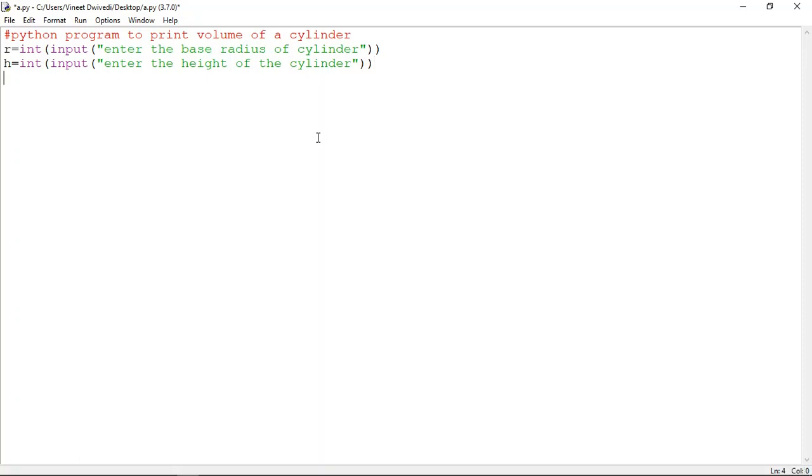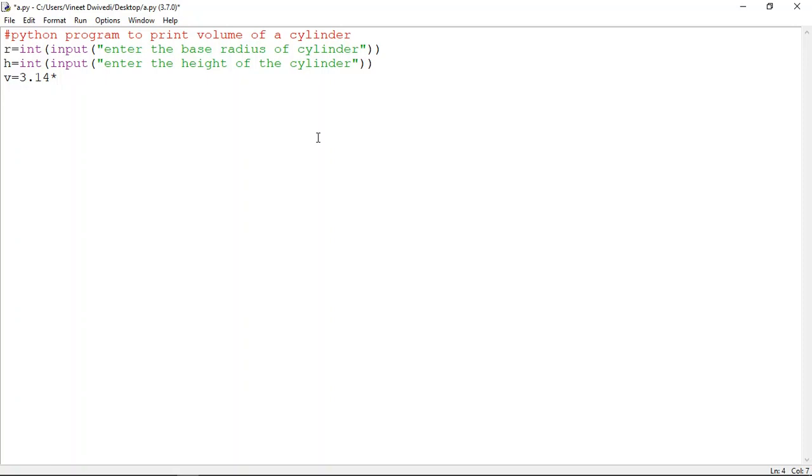Now you have to write v is equals to, v is correspondingly being used for the volume of the cylinder. So you can write v is equals to pi r square h is the formula, so pi we are using as 3.14. So 3.14 into r square. r square is directly r into r, because here r is the variable name.